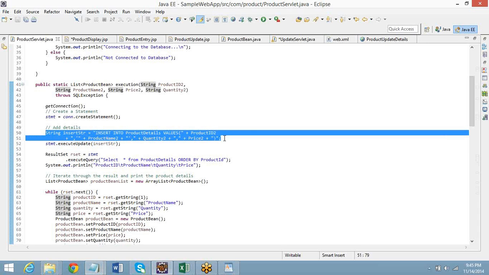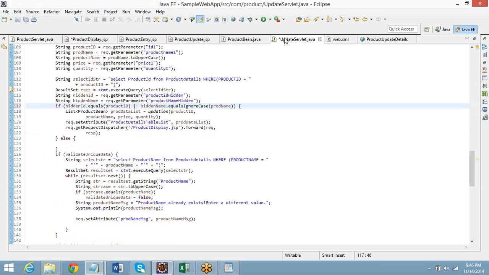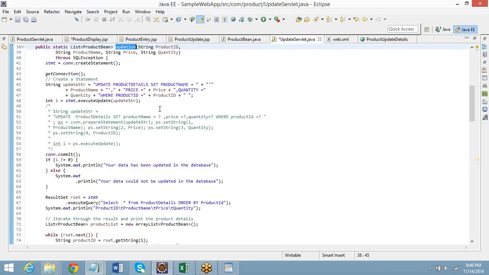Copy. Right. Go to update servlet.java. Click on that updation method. F3. That is a separate method. Wait. Execute update, commit.